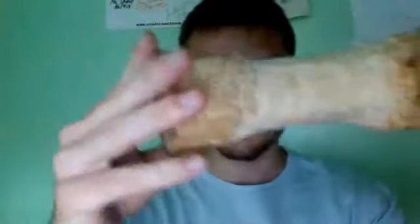Alright guys, so now I have this. This is what I call my Barbarian War Club. It is a homemade weapon. I made it all by myself. So basically, how I made this was I was at my grandparents' cabin one day, and